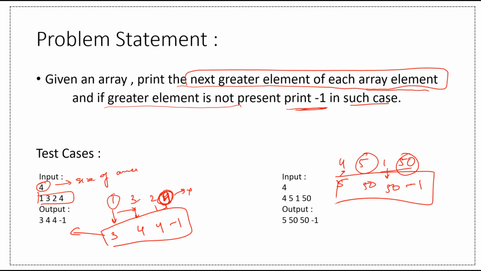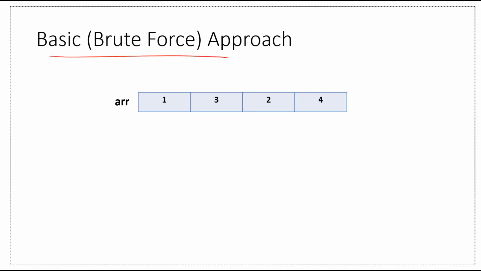Now let's move forward. I hope the question is clear to you all. So basically we will have two solutions. The first one is brute force approach or the basic solution. Okay, so I have taken this array from the test case only, and now we need to produce the output. Okay, so let's see the basic approach. Okay, so see what we will do. We will pick an element and then traverse the rest of the array. Okay, so for that purpose we will use two for loops.